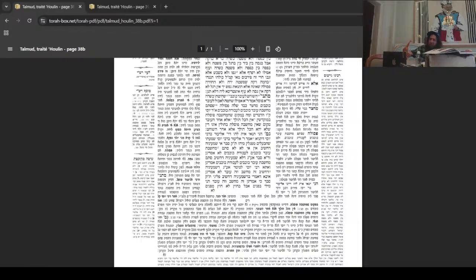While I'm doing the shchita, some guy is thinking, oh, I'm going to do the throwing of the blood or the burning of the fats. You know? When you're in the shchita, you're in the shchita. When you're in the blood throw, you're in the blood throw. When you're in the fat burning, you're in the fat burning. Right? That's what Reish Lakish says. Reish Lakish says, we're not mechashev from avoda to avoda.